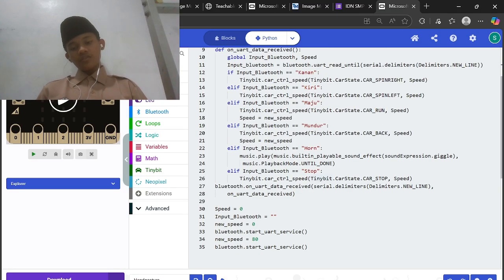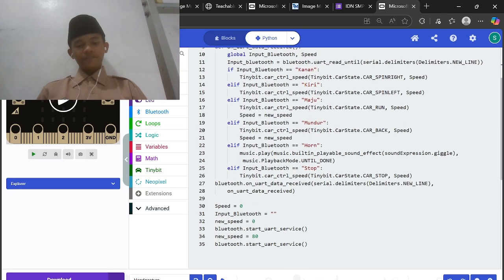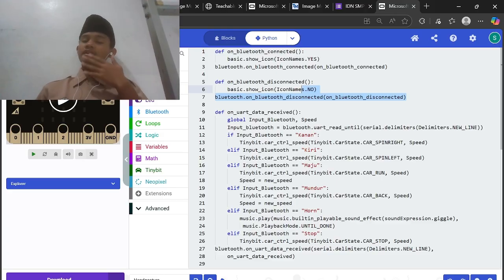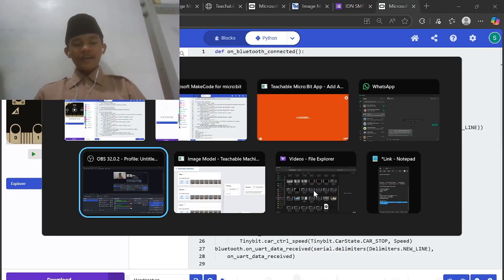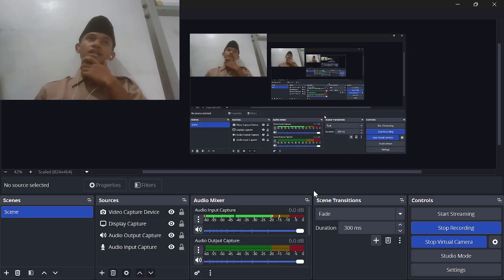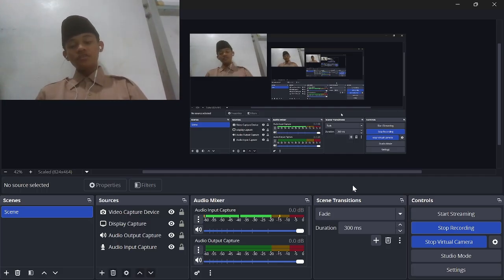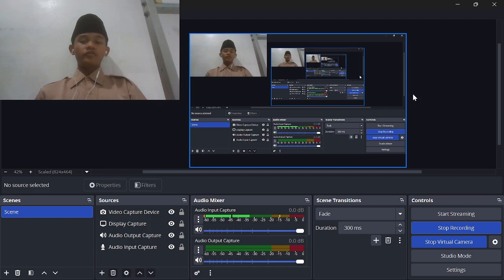Then the speed is 80. Okay guys, maybe only this is the code, and after this I will show the demo video for my tiny bit.